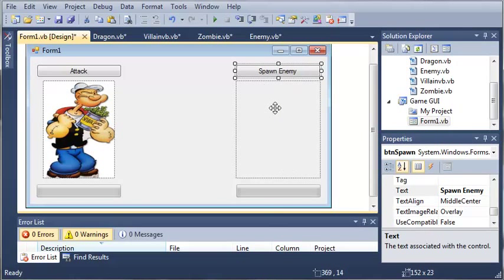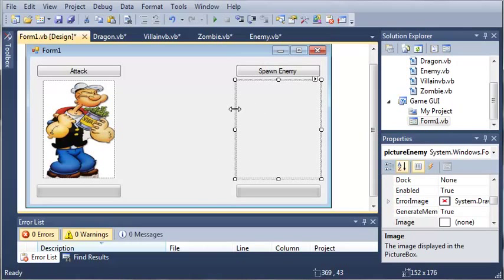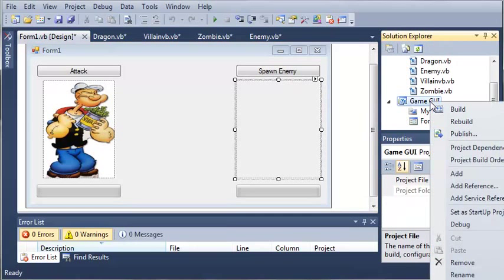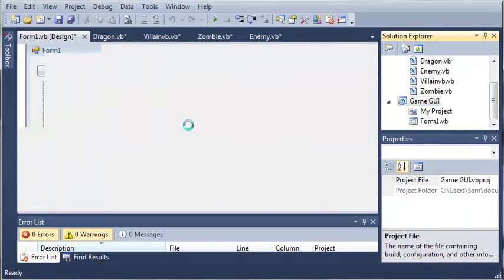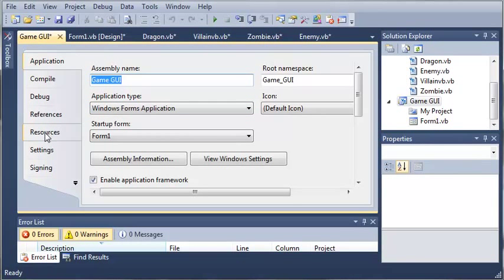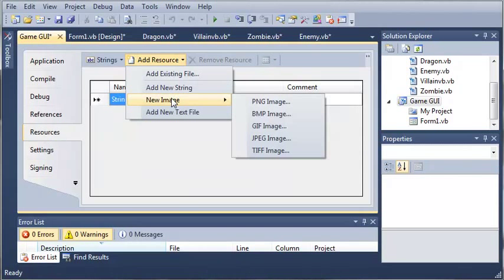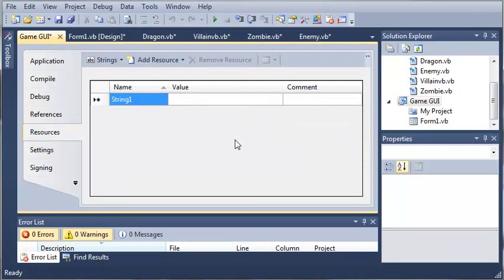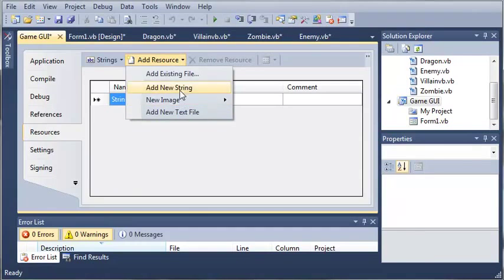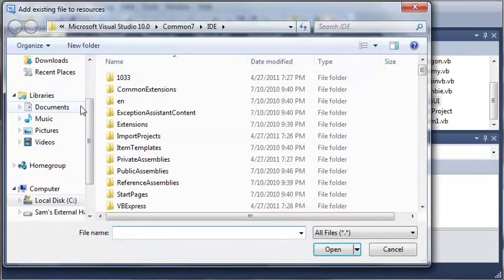So whenever we spawn the enemy, what it's going to do is going to generate a random number and then pick from a series of pictures to put in here. So what we need to do is come over here to Game GUI, and we'll go ahead and open up the properties of it, and we can come over here to resources and we can add some resources. So let's add an image. So we will add, let's say, a JPEG. Oh no, wait. Let's add an existing file. Sorry about that. So we'll come over here to the